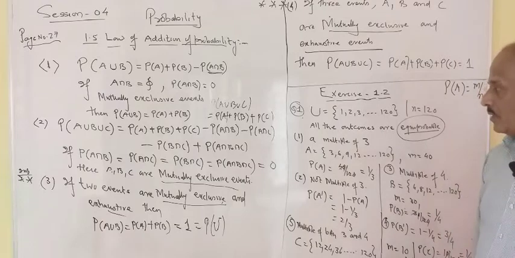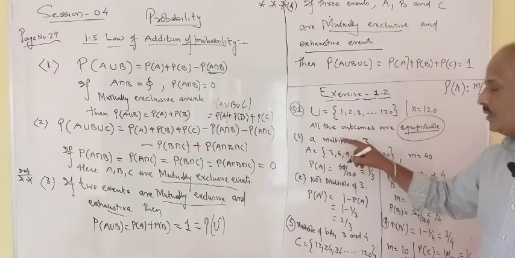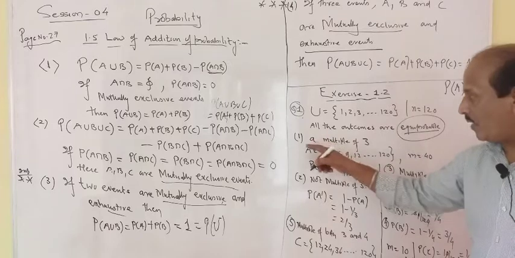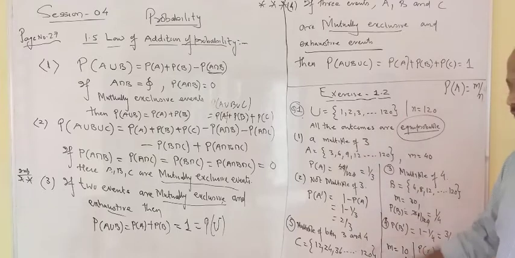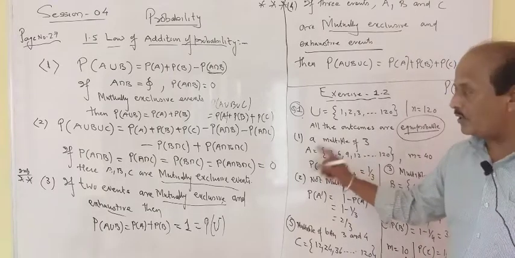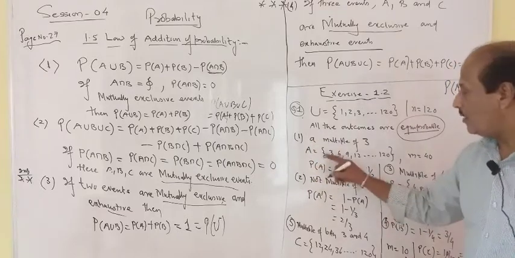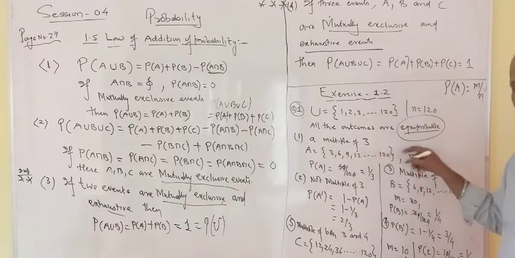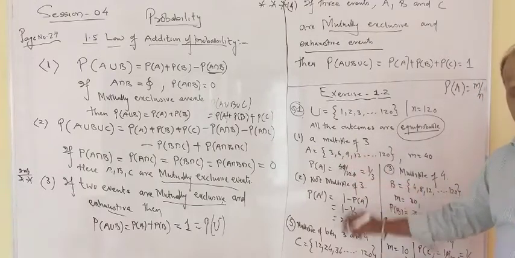Now question number 1, part 1 is: find the probability of an event having a multiple of 3. I am reading out that question. Find the probability of an event which got a member of a multiple of 3. So immediately use the knowledge of set theory. Suppose A is that event which we are talking about. If it is a multiple of 3, what are the members? 3, 6, 9, 12, 15, and it goes on up to the last member, 120. Now you count these members, you will find that there are 40.